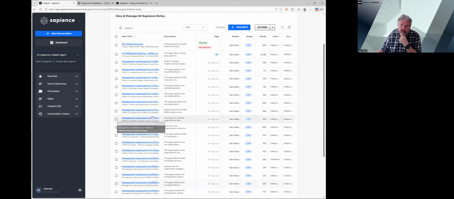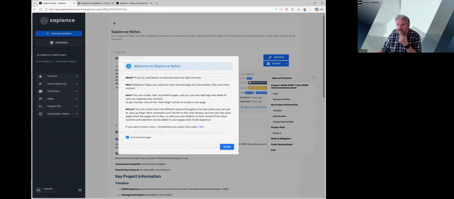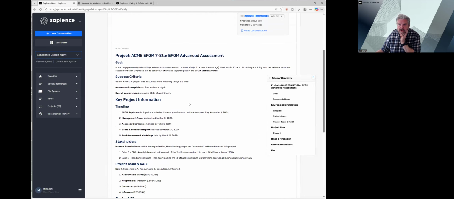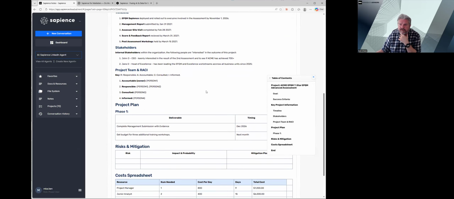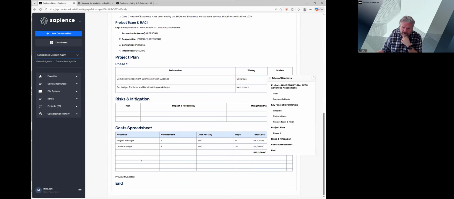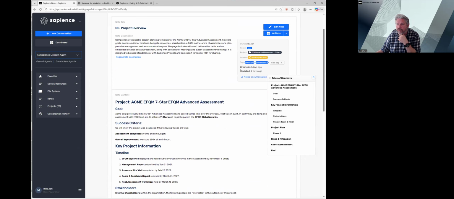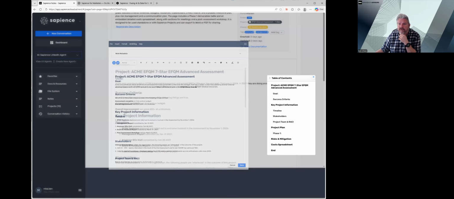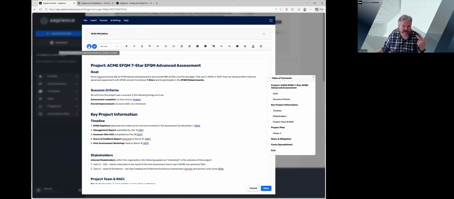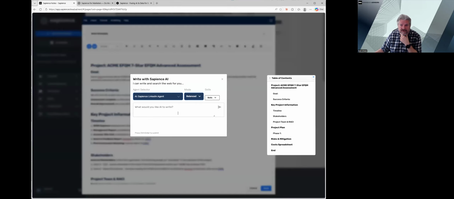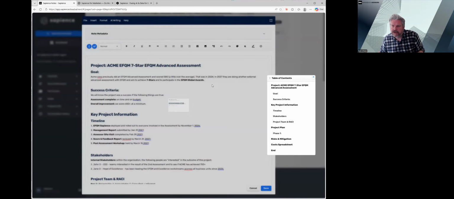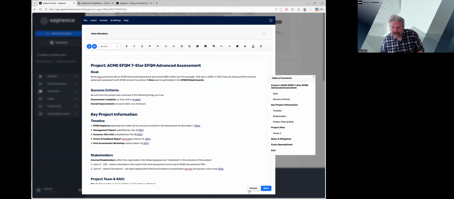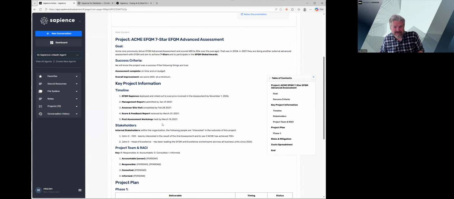Notes are Sapience's built-in sort of writing surface. So I'll just open one up so you can get a look. Instead of using Word or Notion, you use Sapience Notes if you want to. Think of it like a mini version of Google Docs and Sheets. It's got a built-in spreadsheet editor. You can write with voice. You can dictate. So anywhere in the app, I can just dictate, and it's got amazing dictation capability, kind of like Whisper Flow. I can write with agents, so I can have one agent write a paragraph, and a different agent write a different paragraph. So we sort of reimagined many apps to be how they should be if they're AI first.